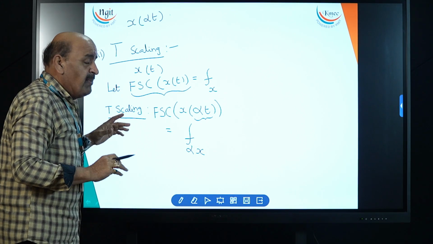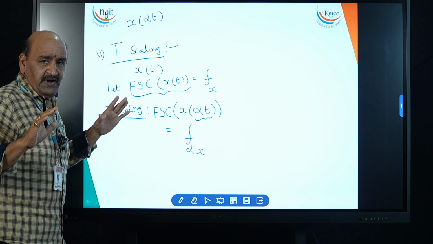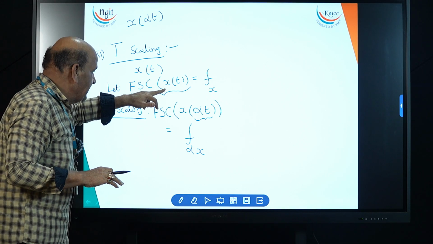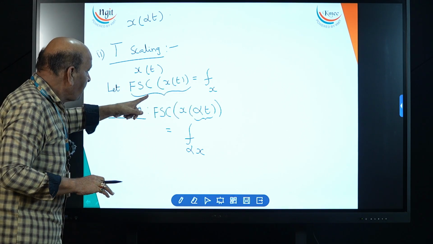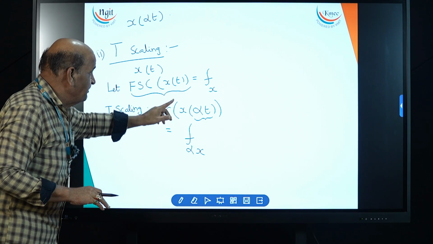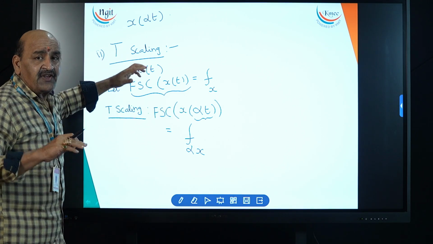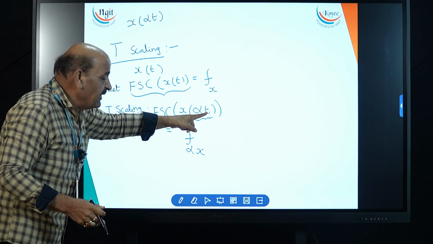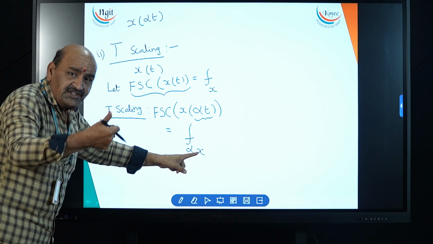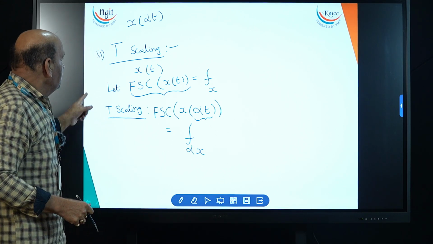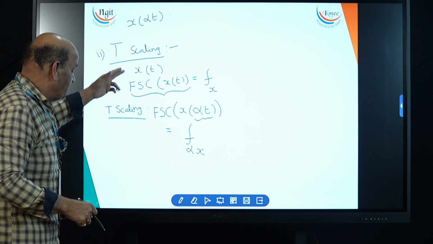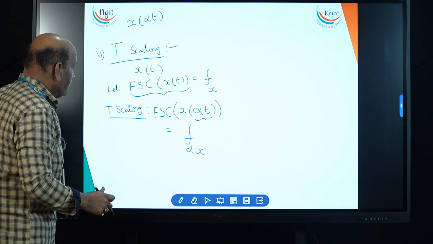So no need to memorize the concept. We need only your observation on this. The Fourier series coefficient of any given signal is f of x. Now the same f of x we are writing here. But what is alpha here? Alpha is a scaling factor. Now here alpha is multiplying the time variable small t. Here alpha is multiplying inside, f of alpha x. This is the second property of the Fourier series coefficient. This is the second principle. Now, in the next session,